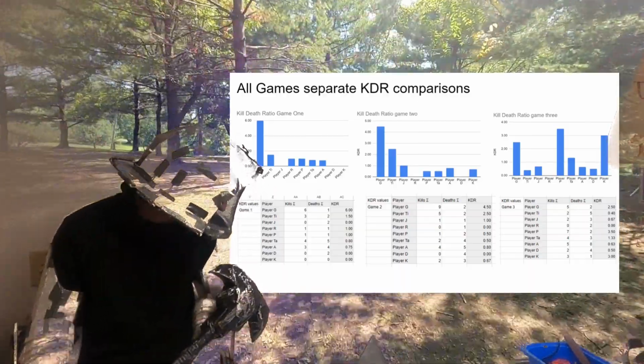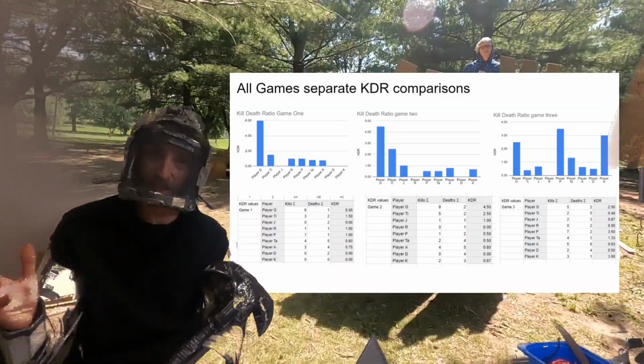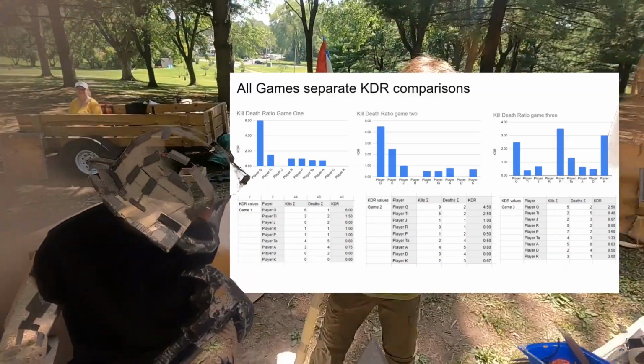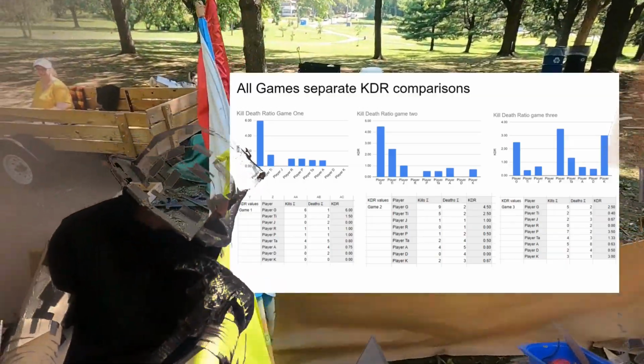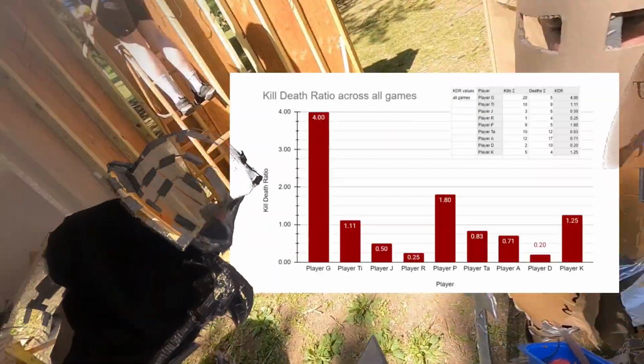Yeah, an all-time high KDR of 6, and there were some people who just didn't get a kill in 10 minutes, but might have died once, and so the KDR would just be 0. Still very impressive. A lot of good fighters, a lot of good fights. Very fun game. So yeah, here's across all the games.